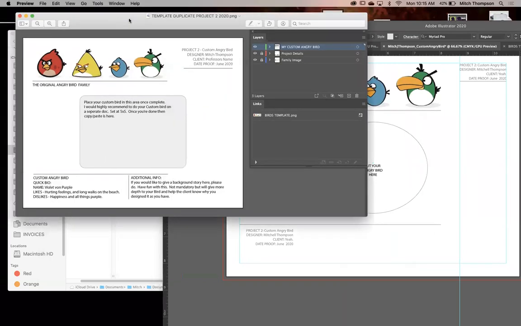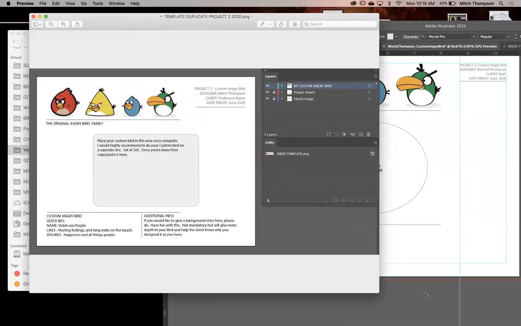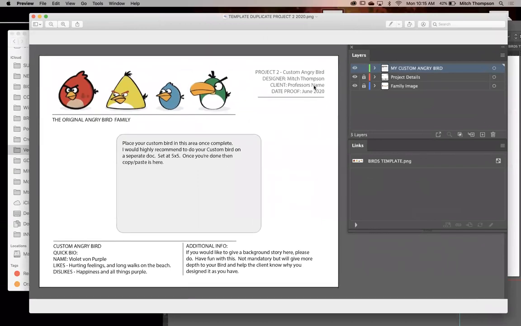I had fun with this because I thought, why not? We're doing this for a client. Even if you want to take it to the next level, go Google search who the art director is at Angry Birds Incorporated. I'm sure there's multiple, maybe a North American Angry Birds art director. You can put in the Angry Birds art director. You might have to dig a little bit for this one, but I love that you have to dig for it, because this is kind of like job hunting, right? We're getting ready for an interview.